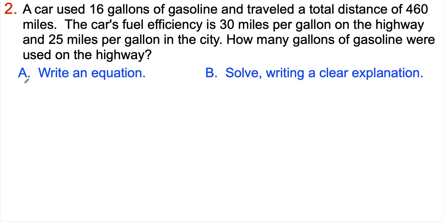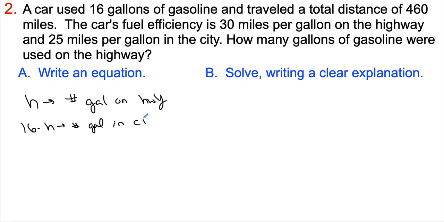Okay, so with this question, we kind of have to figure out what we want to use first. If we want to use highway miles, if we want to use city miles. So we'll stick with highway miles. So H is going to be the number of gallons on the highway. And then we can think about if we are going to use a certain amount of gallons on the highway, then the other one, let's say our city gallons, is going to be 16 minus H. So that's the number of gallons